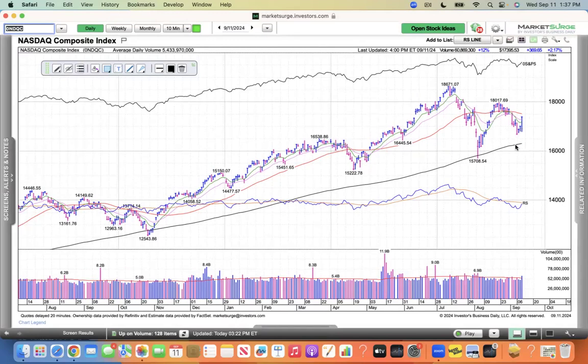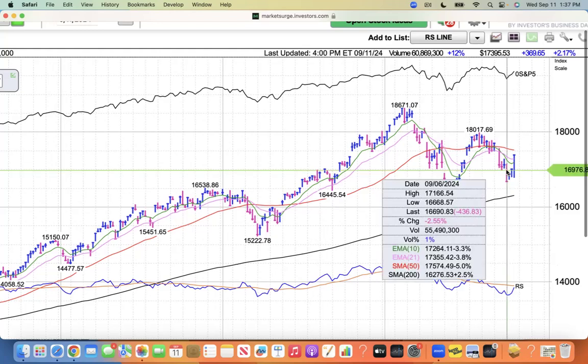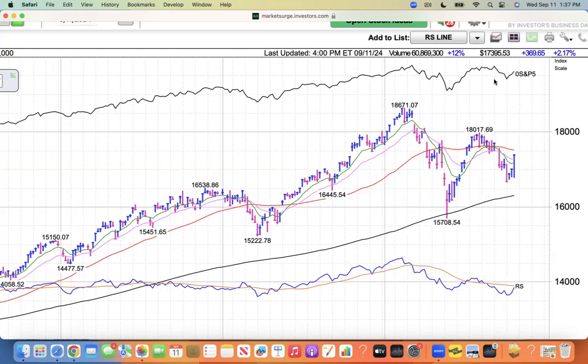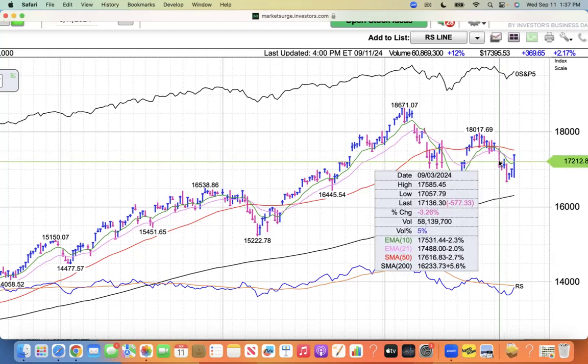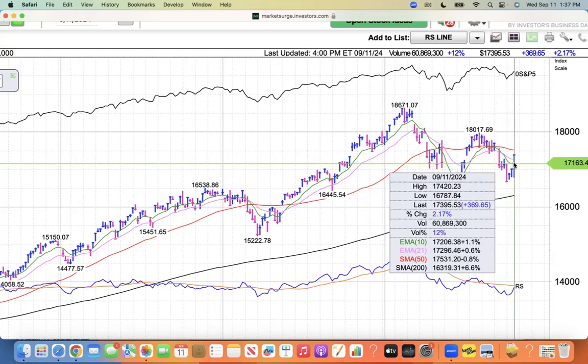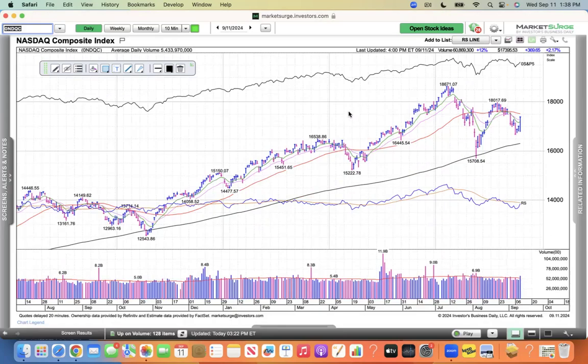but what I like about today's action, obviously, besides being up 2.17% or 370 points, is that it cleared the high on Friday of 17,166, closed well above it, at 17,396. And so the next obstacle, of course, would be the high from the third, which is 585, which kind of coincides with that 50 simple moving average, which is 531 today, a downtrending, but it blasted through the 10, it blasted through the 21, and now it needs to trade through the 50. But definitely a positive day on the Nasdaq,